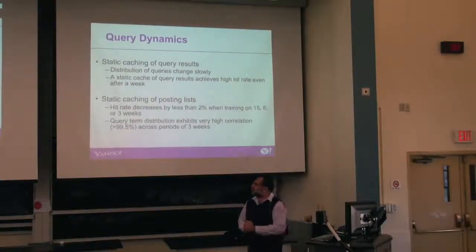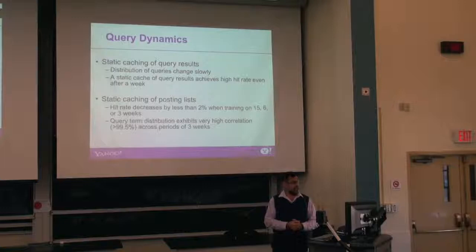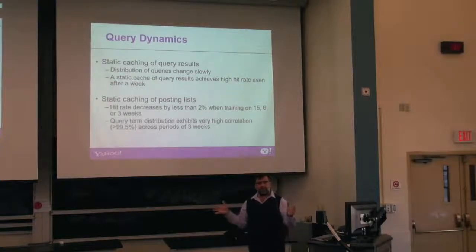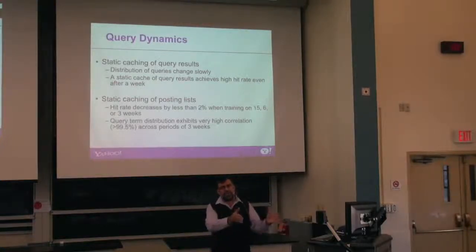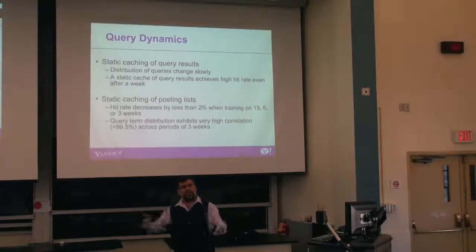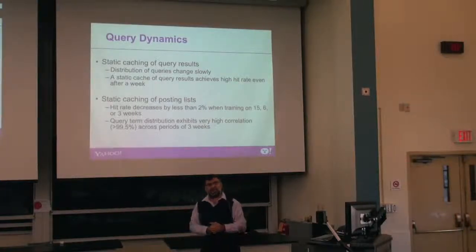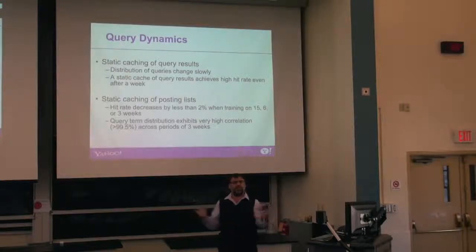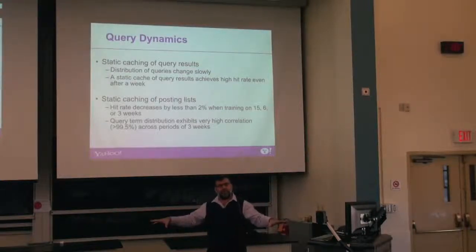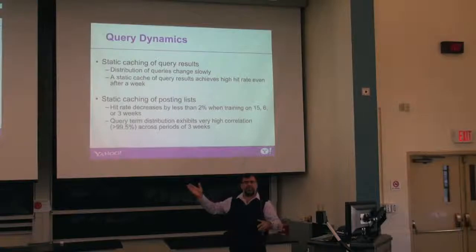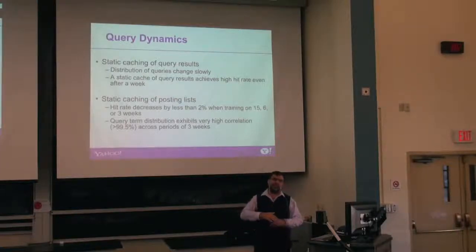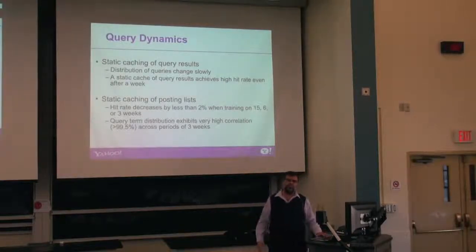Well, you may argue that if you use static caching, you will need to recompute the cache too often. Well, we thought the same, but then in fact it's not true. We took one full year, we took windows of 3 weeks, and then computed the correlation of that window for a year, and the correlation was always higher than 0.995. That means that even if you have bursts of queries, the background of queries is so large that any burst is like noise. So you can have 1 million queries because of the social inputs, but you have 1 million queries of everything else. So you don't need to compute this too often. Even once a month will be okay.